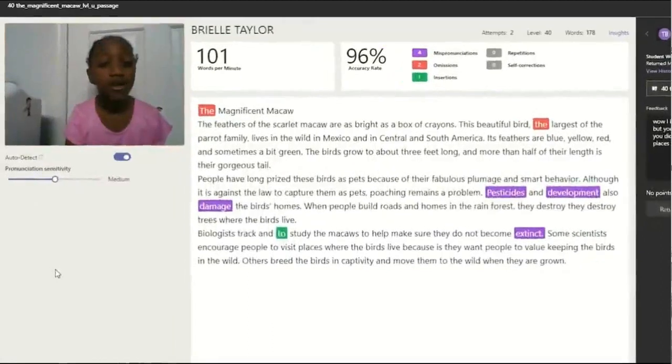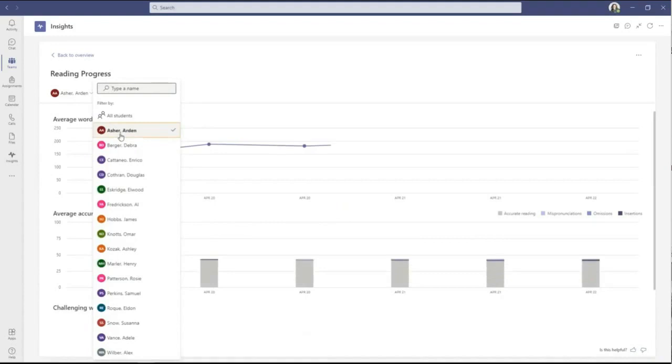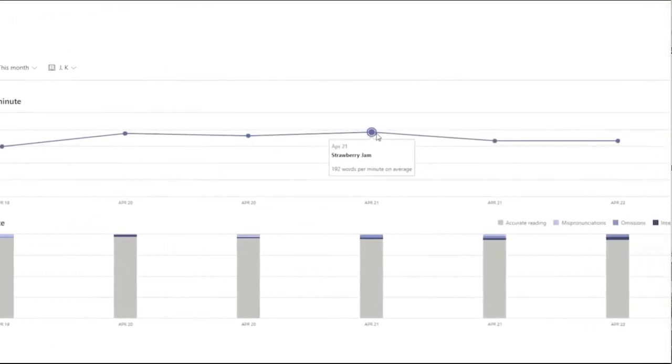It probably helps me be a better reader because I can actually listen to myself. And if I did say a word wrong or something, I'd be able to say it better next time because I know that I said it wrong. Struggling readers, they struggle, so they avoid reading, and by avoiding reading, they struggle even more. And so it's been really cool to watch how my kids are reading more at home. They're more excited to read in the classroom. They have their personal goals that they've made, not me, and so they're excited to work.